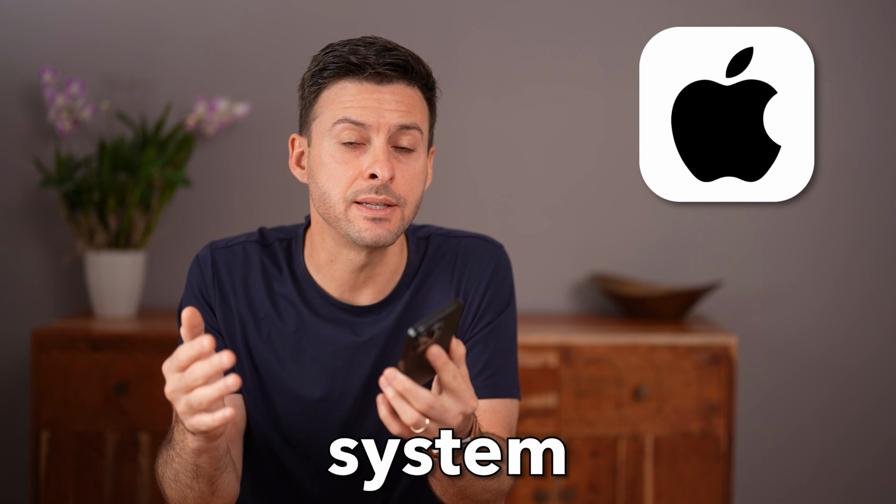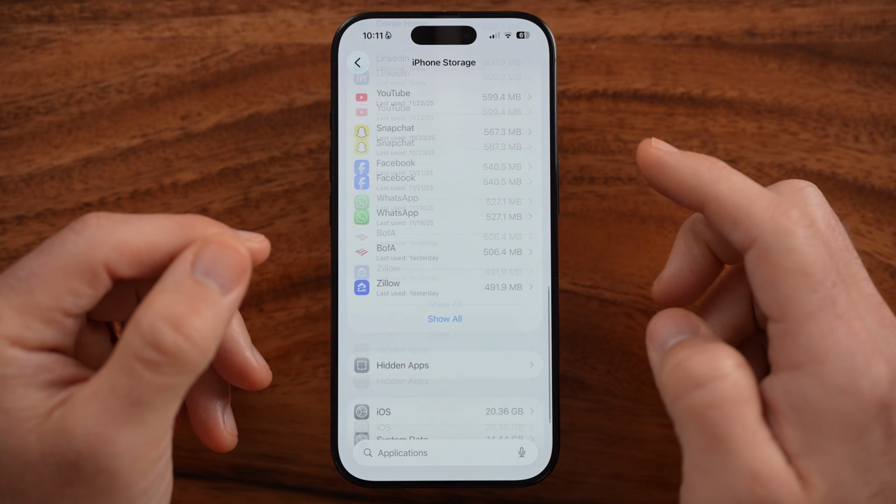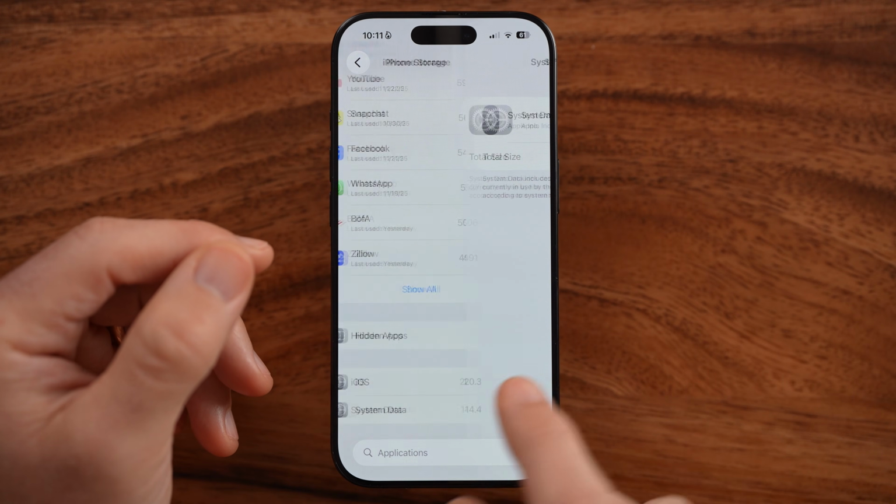Let me show you how to clear the system data on your iPhone. Now, if your iPhone is running out of space, you can always clear up that system data and all the